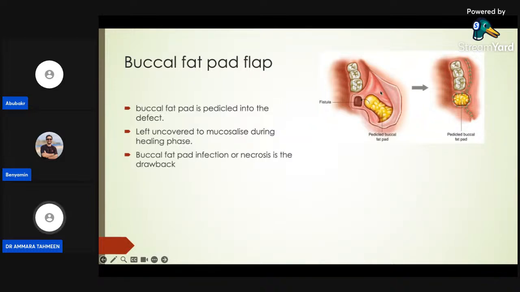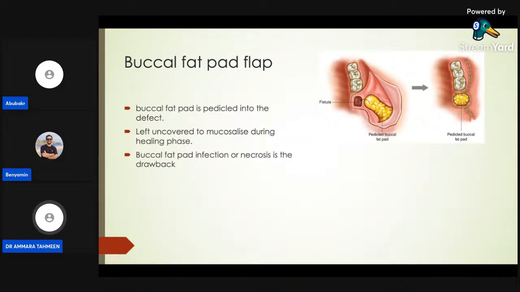Once you have secured it with the sutures, the buccal flap is advanced just like in the buccal advancement flap, but here there is a difference: this flap closes just buccally. So your buccal fat pad is left exposed in the oral cavity. This is how it avoids the obliteration of the vestibule, and it just closes your defect buccally. The buccal fat pad is left to heal uncovered, so this is left raw.